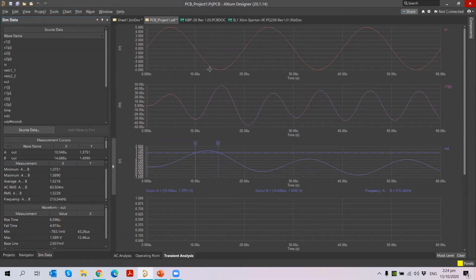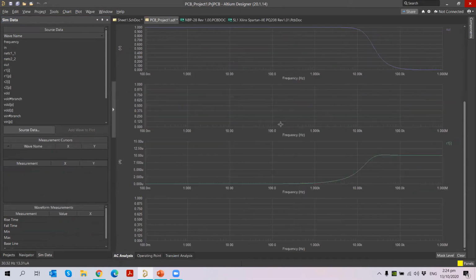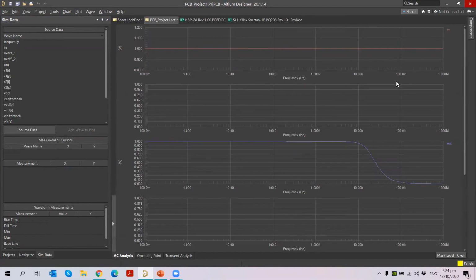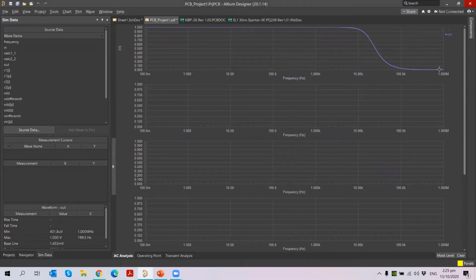When I clear it, all will be highlighted here, and then you can see based on your AC analysis. When I go to AC analysis, you can see your input and output waveform. Here you have the input, and when you drag your output to the input, you can just move it to C, where it touches here. Now I just clear it. You can see how the input and output differ. The output waveform slowly comes to 0 here. So you can see all the waveforms and compare them.